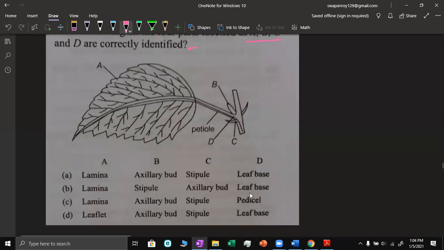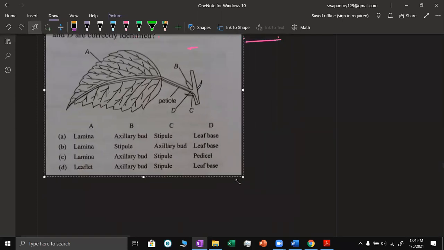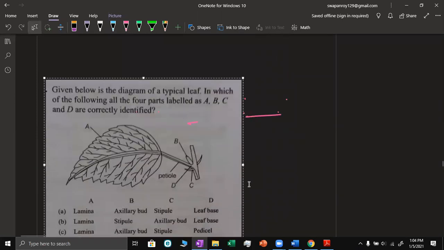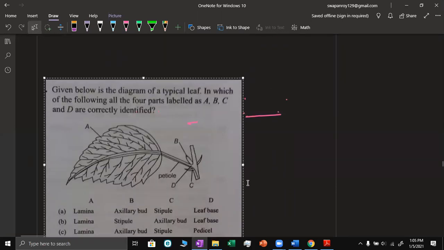Okay, this question, let's start with this. With this question, we will end, or say this portion, different portion,